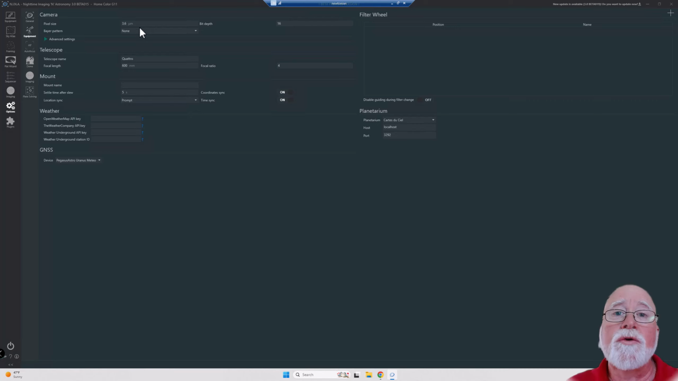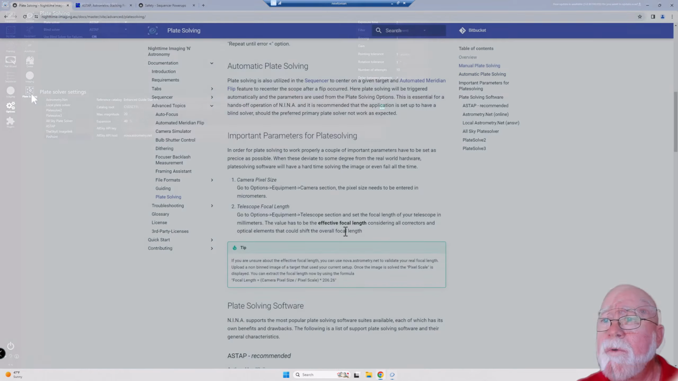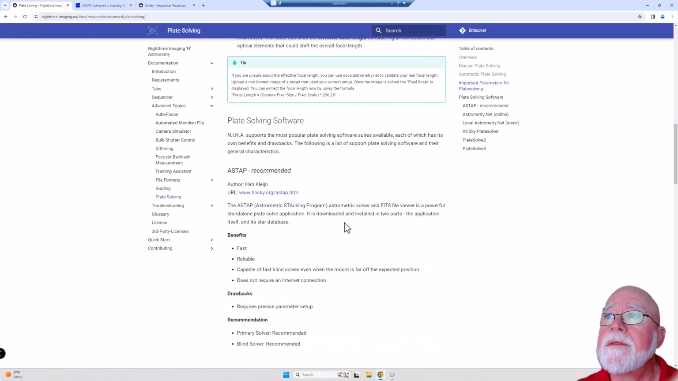But just to show you where those particular settings are for your plate solving, it's really this right here that you need to focus on, and this right here that you need to focus on. Those two values are going to be required for you to do appropriate and adequate plate solving. Otherwise, your plate solving is going to fail on you. With those in mind, here are the recommended